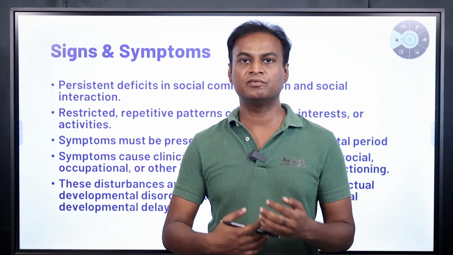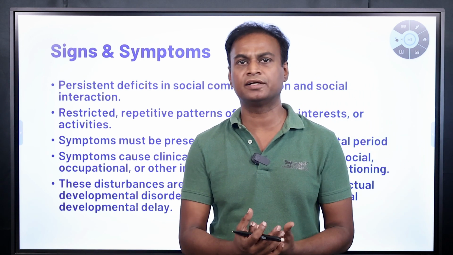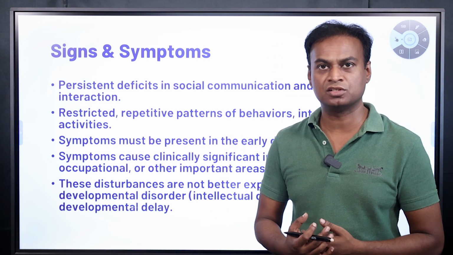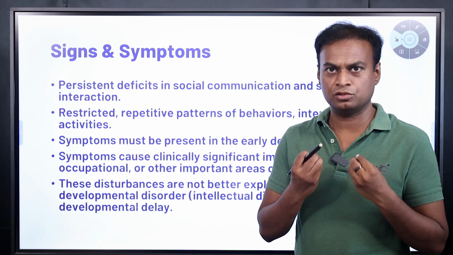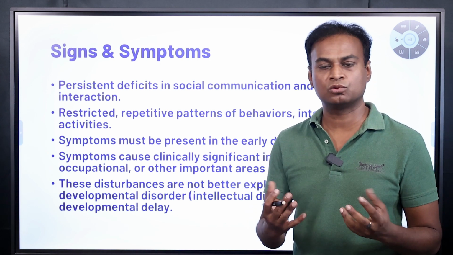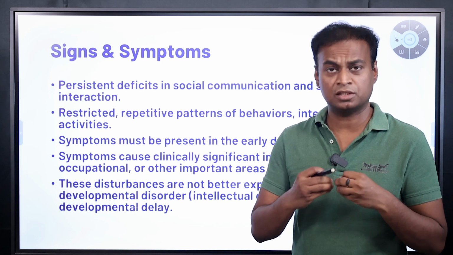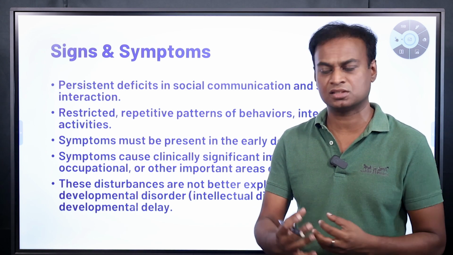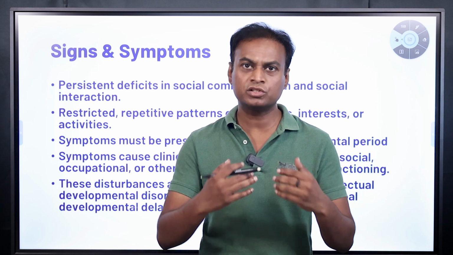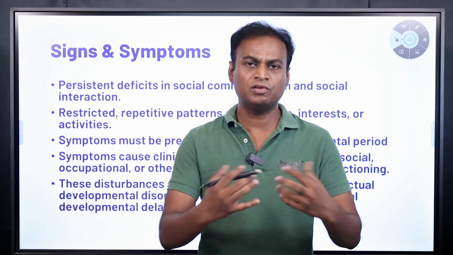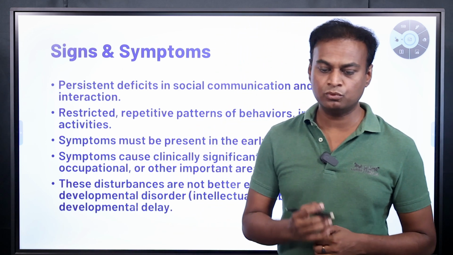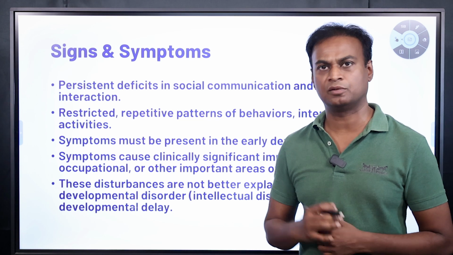And also behaviors or social interactions that are related to non-verbal communication: facial expressions, body language, and the tone in which you speak. It can be a lovely tone, or an angry tone, a tone that is different when you are afraid or when you are sad. These kids are not able to differentiate the emotion behind it, or understand the body language and facial expression. First one is poorly integrated verbal and non-verbal communication.